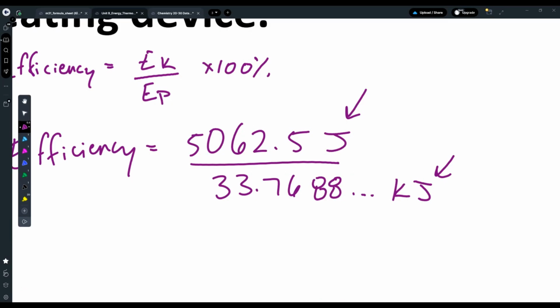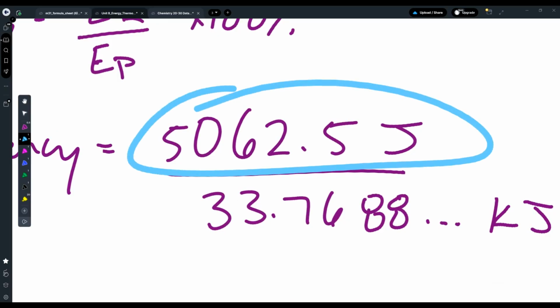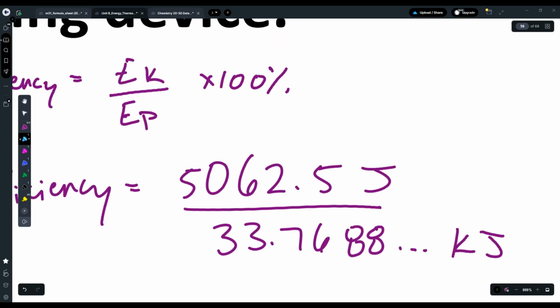Okay, so I'm thinking to myself, we could convert either our kinetic energy from joules into kilojoules, or we could convert our potential energy from kilojoules to joules. Either way, it's gonna give you the same answer. So pick one way, stick with it. I'm gonna choose to convert kinetic energy from joules to kilojoules. So what that means is we just divide by 1,000, and that's gonna move our decimal point over 1, 2, 3 spots to the left. Okay, so that's going to turn this into